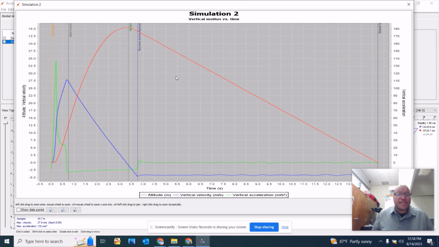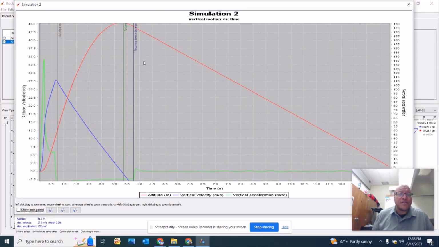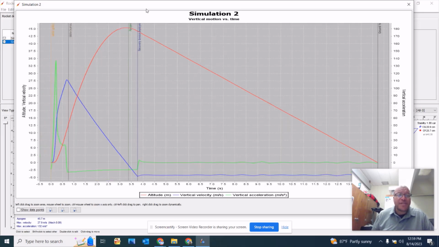There's a few things here that are kind of important to see as well. So here you'll see apogee. Okay. Remember, apogee is the highest point of the rocket away from the surface of the Earth. So right now, this rocket's apogee is about 45 meters, it will achieve that apogee a little bit before 3.5 seconds. Okay. Ideally,